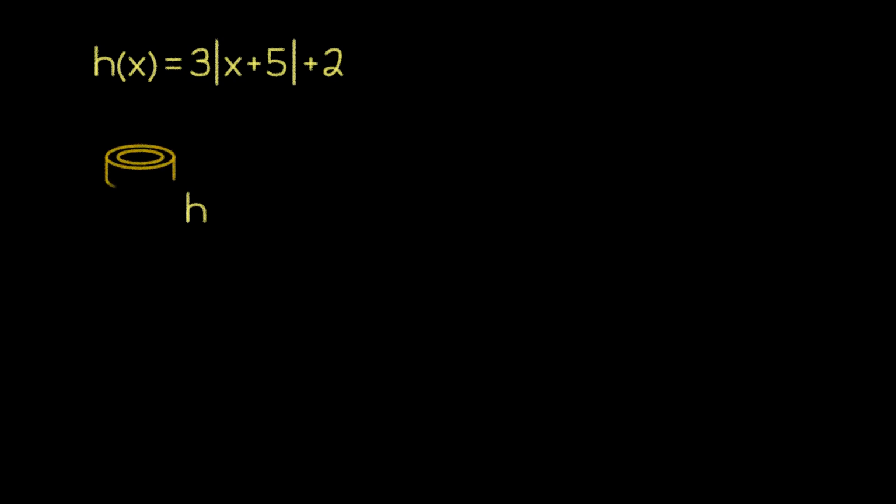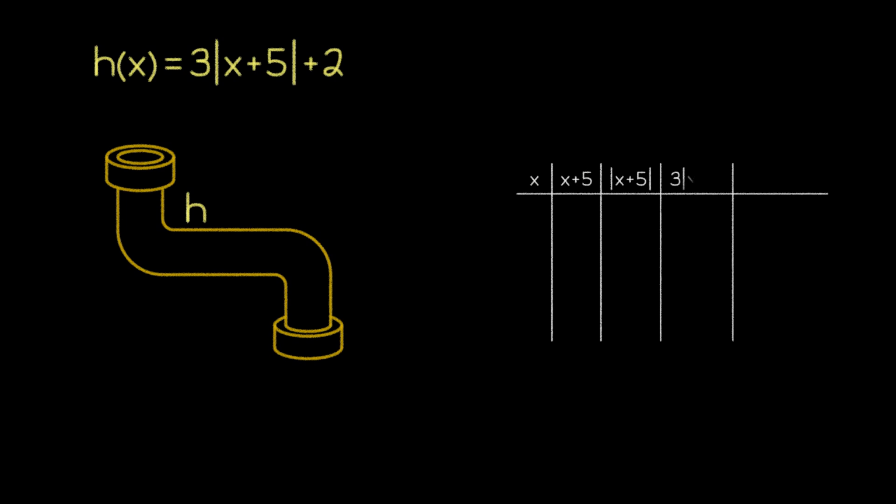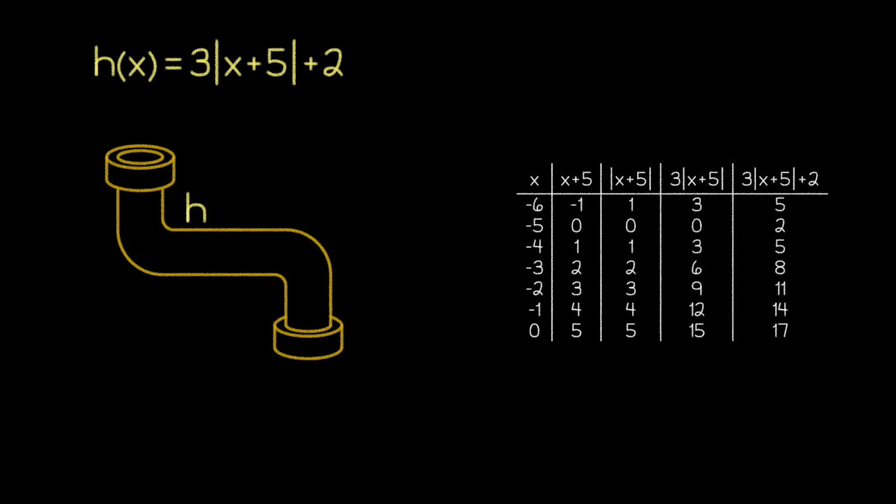This line of questioning might sound familiar, though, because it's essentially the same question we asked ourselves when making the extended table of values. The sequence of steps that belongs in our function machine corresponds directly with the steps that happened in the column headers of our extended table. So let's put a copy of that extended table on this screen. Once we have that written down, we can see that the first step we took in our table was to add 5. So let's make that the first step in our function machine as well.